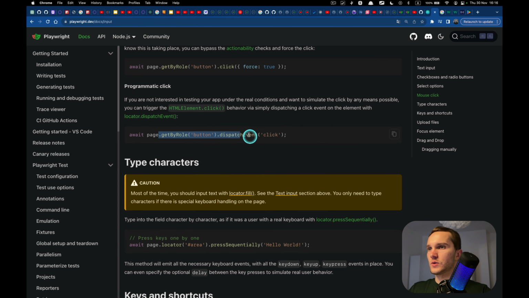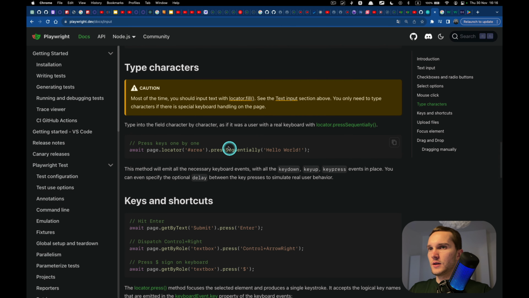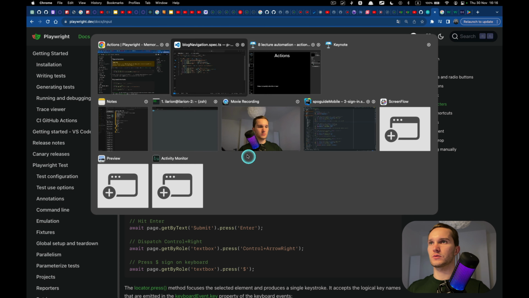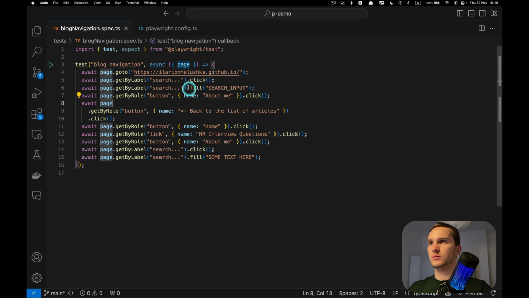All right, I will talk about this a bit later. Then pressSequentially. Remember we had the fill method which fills the input. We have some input here by label search, and then we fill it with the search input.